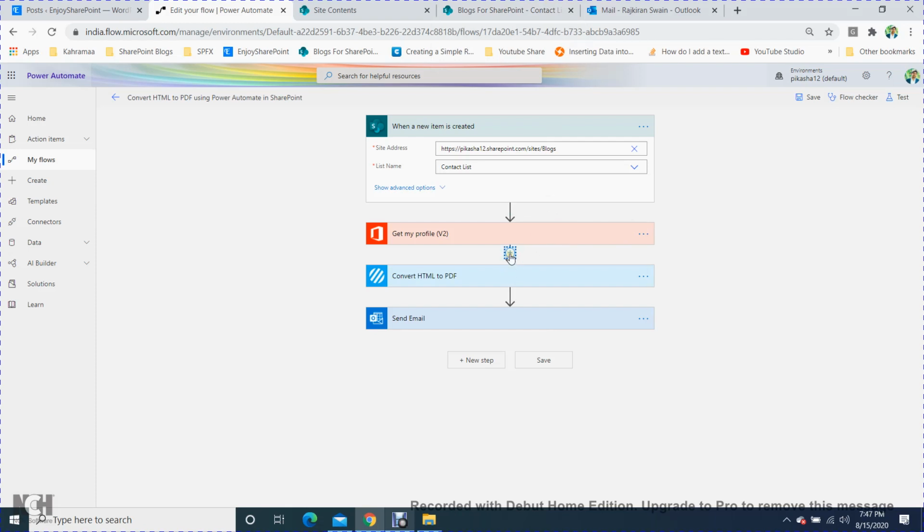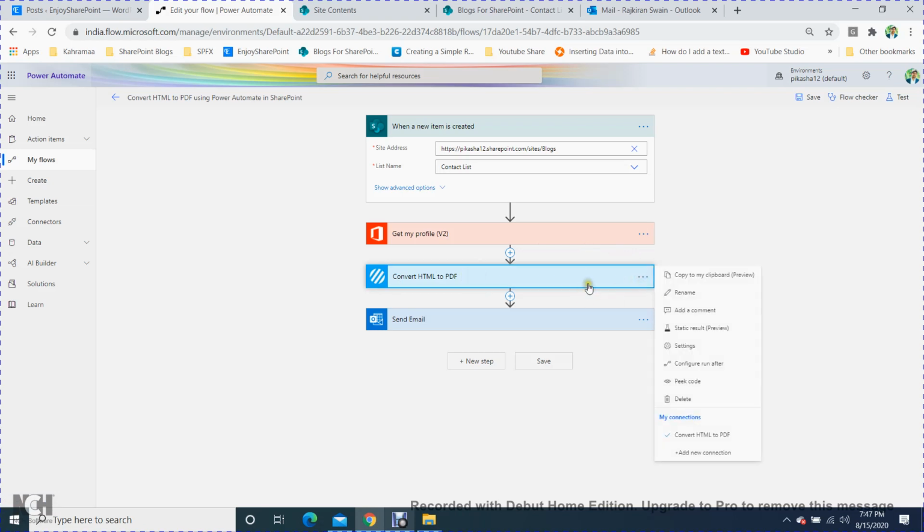Next you have to add one more step here. Next is send email, but before that you have to add one more action: convert HTML to PDF format. In this step, I'll just show you.